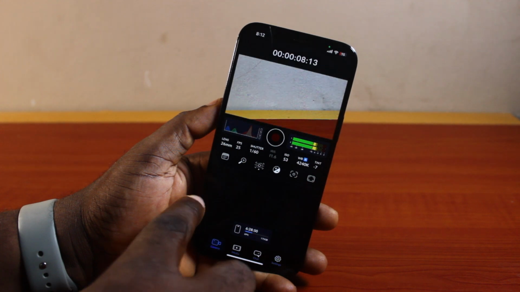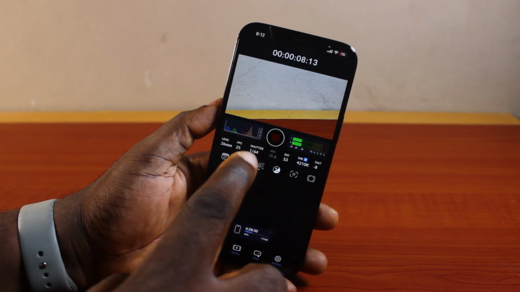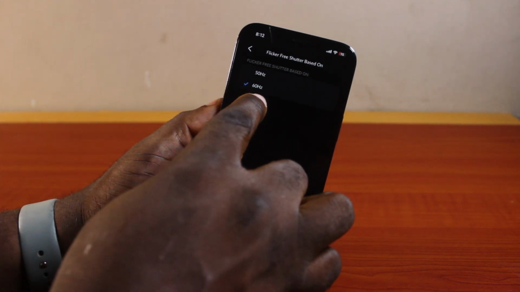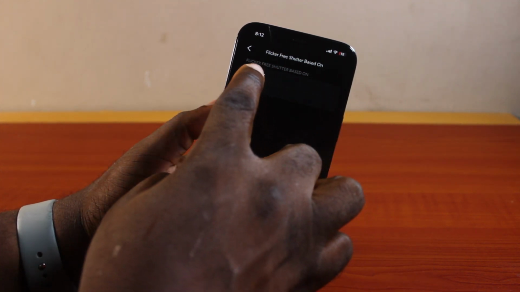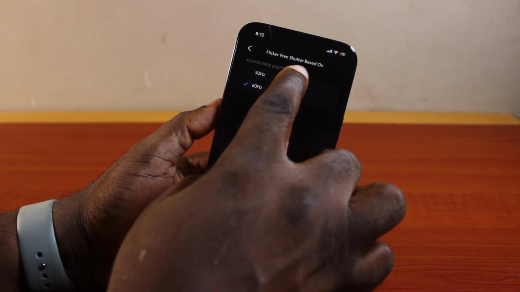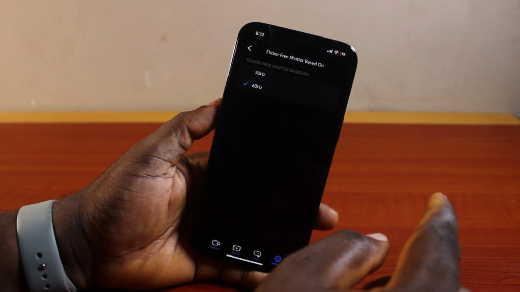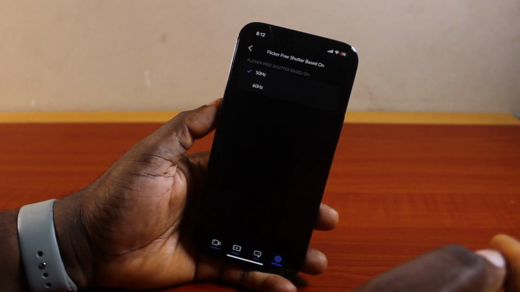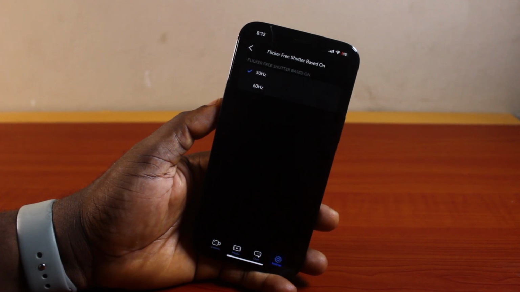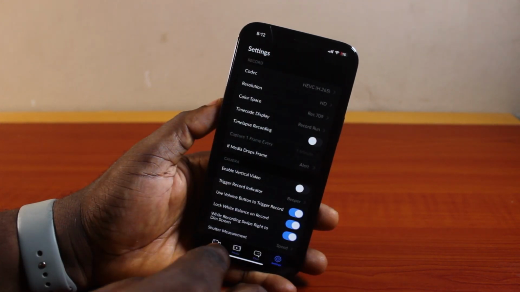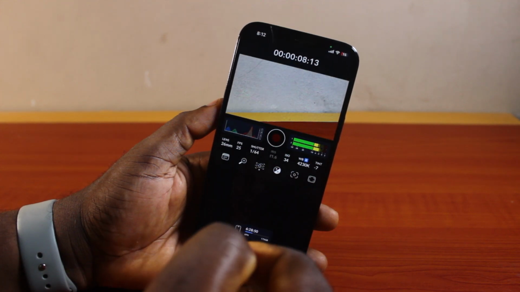And once you choose 50 or 60 on the flicker based page, then you'll be able to switch the Hz on the camera. So you can go back again to the flicker free shutter based page, then switch to 50 Hz or stick to 60 Hz. So basically by default, the flicker free shutter based on is set to 50 Hz. And once you've set that, hit the back button. And then you are good to go. You can now go ahead and start recording on your